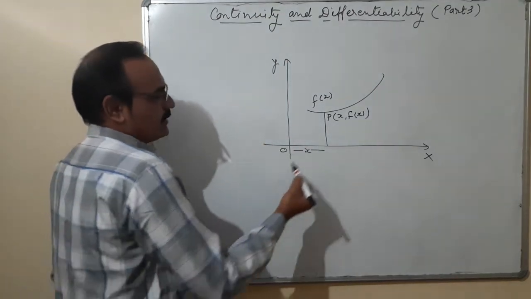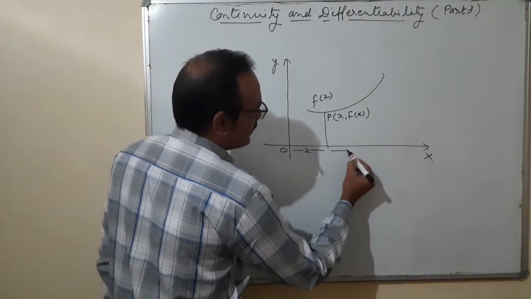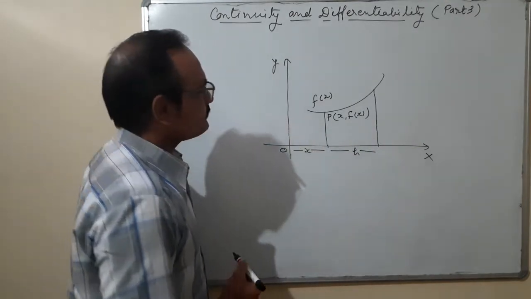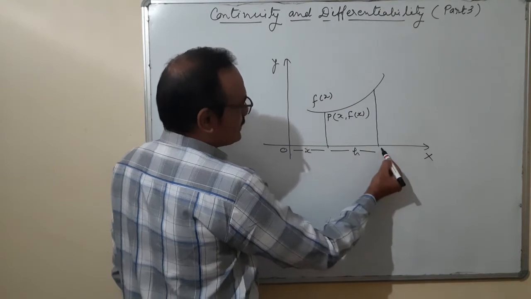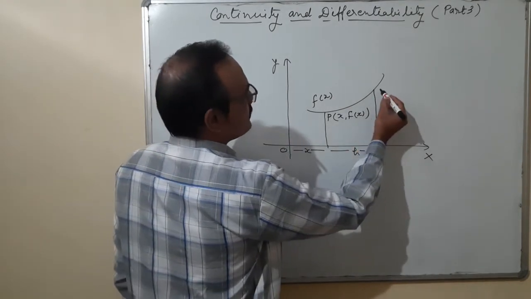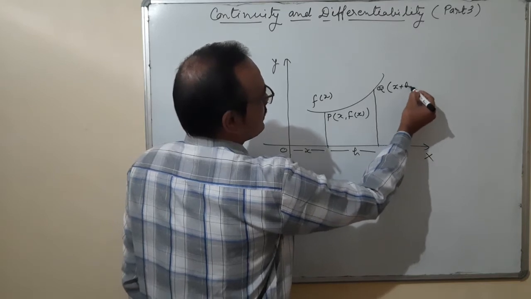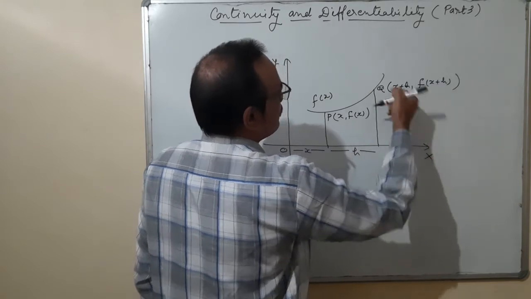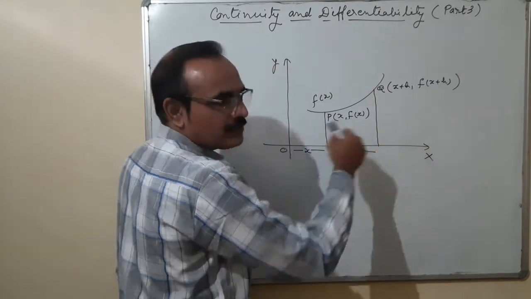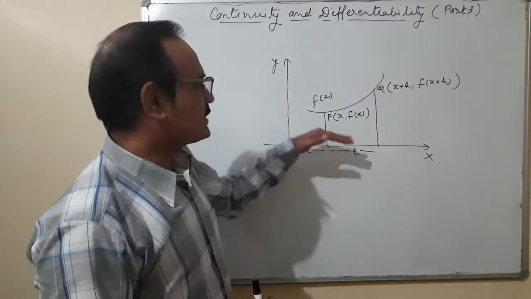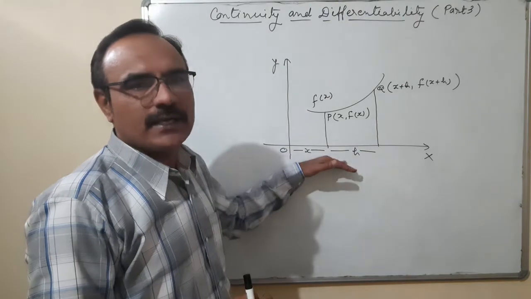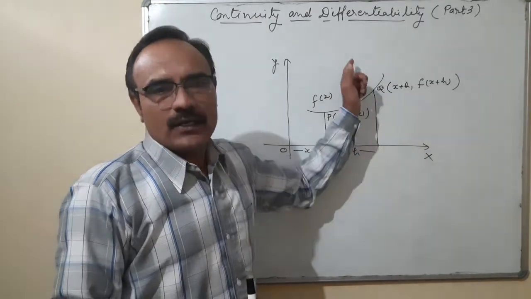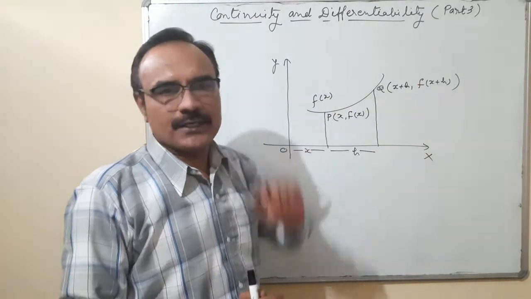Now let us discuss after some time, or after having a distance of h. This is the h distance on the x-axis. This point on the x-axis is x plus h. So this point Q is x plus h, and the y value is f of x plus h. Here x is the independent variable and y is the dependent variable. So whatever the value of the x intercept on the x-axis, x plus h, along the y-axis it is f of x plus h.